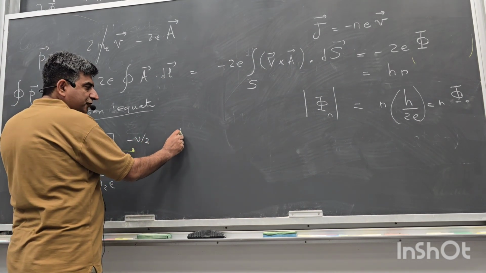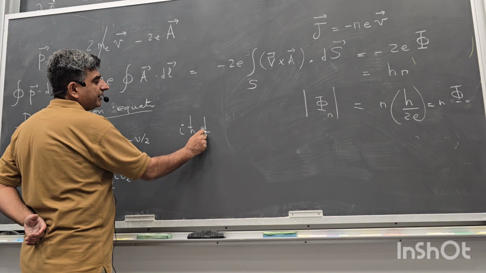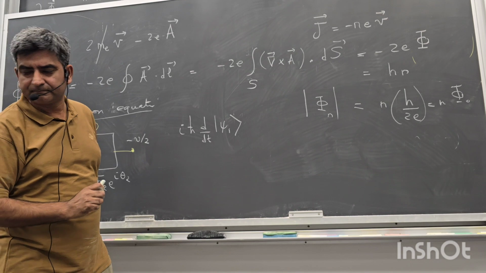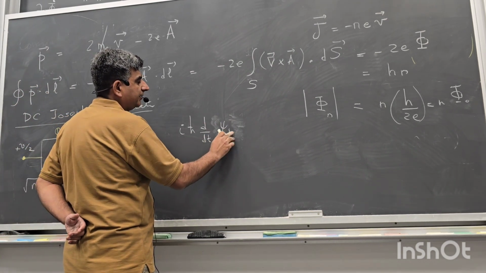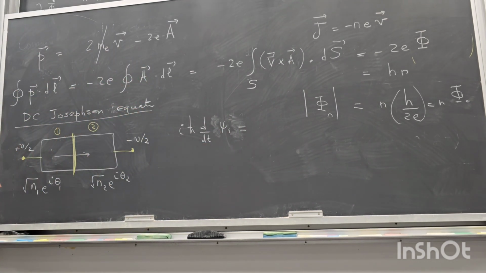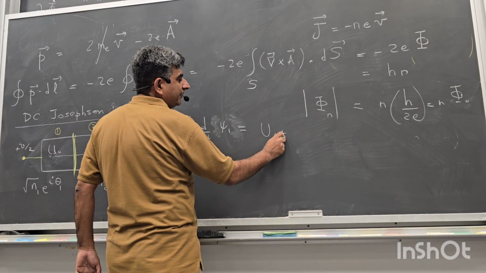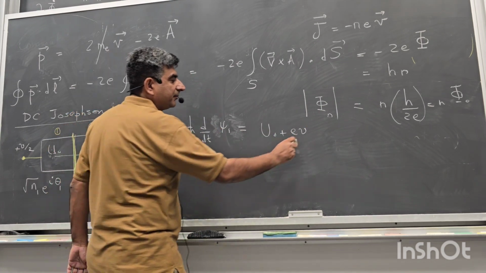Simply the time-dependent Schrödinger equation: i ħ d/dt of ψ1. Let's not write these kets here. This equals the energy inside this system. Now the energy here is going to be some basic ground state energy U0 plus V over 2 voltage times the charge of the Cooper pair, which is 2e. So I'll get (U0 + eV) ψ1,